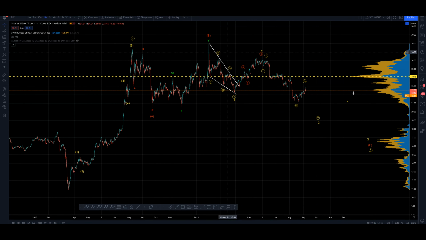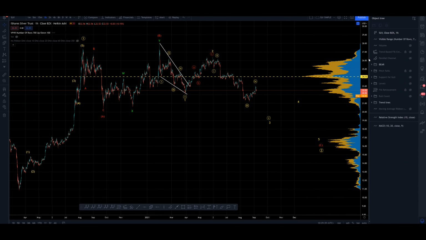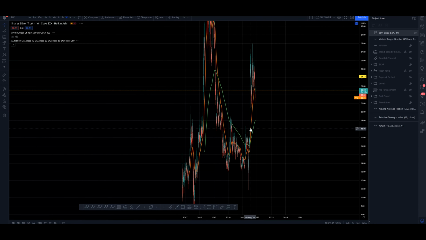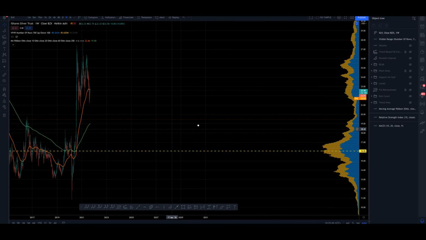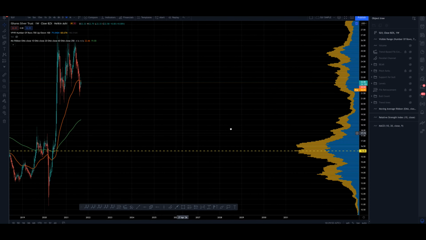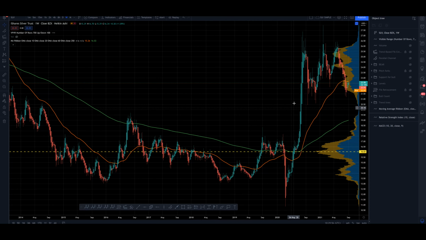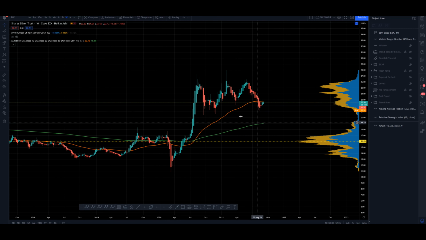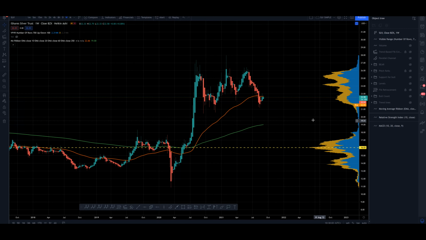Let's hide that. Now let's do some basic technical analysis here and see what we can see. Get rid of the bear count, get rid of these trend lines, and let's bring up our moving average ribbon back out to the weekly time frame, and we'll work our way in from here. Zoom in on the more recent price data. Okay, so significant breakdown on the weekly time frame from the point of view of our moving averages.